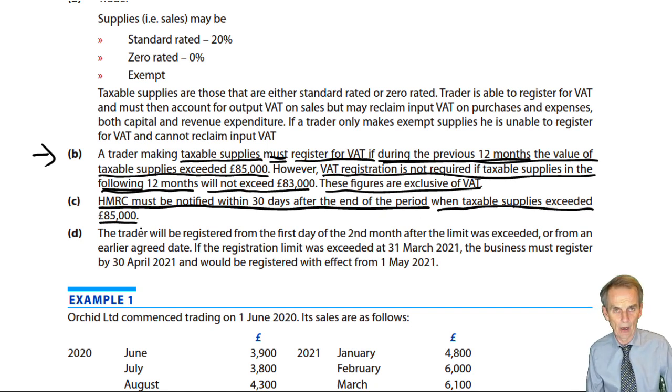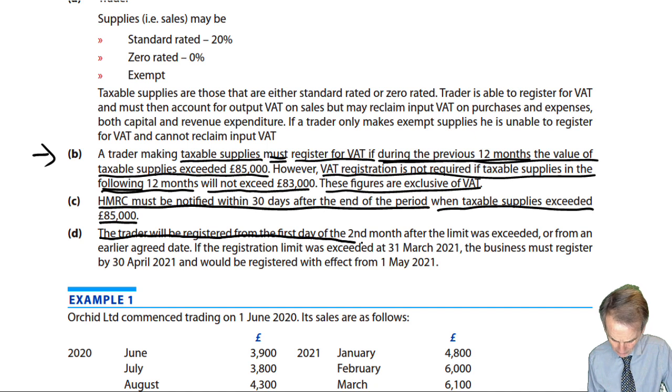So you must notify within 30 days of the end of that month. So that's one thing. So you've now notified them that you need to register. So when will you be registered with effect from, and then have to account for VAT? The trader will be registered from the first day of the second month